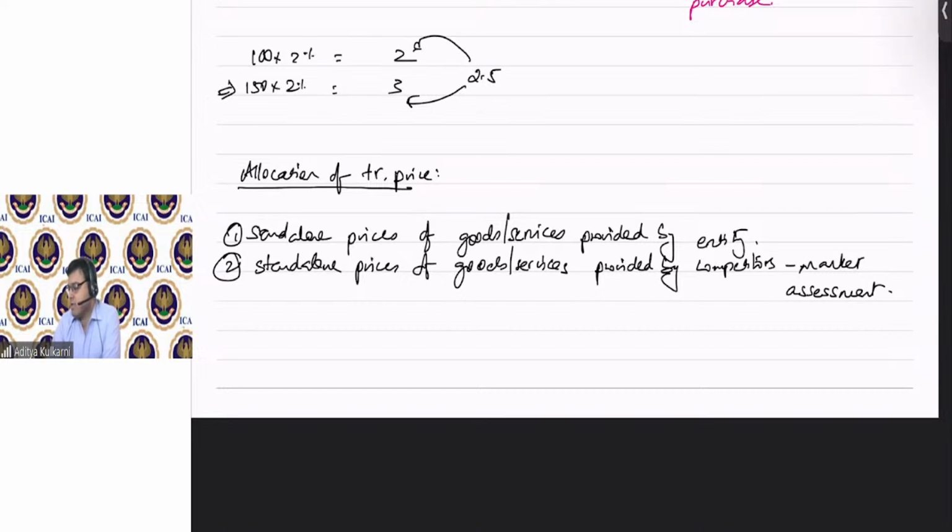And then the third one, cost plus approach. If you don't provide on a standalone basis, and the industry also doesn't provide on a standalone basis, then we can't look at anyone else's. Then the third one is,